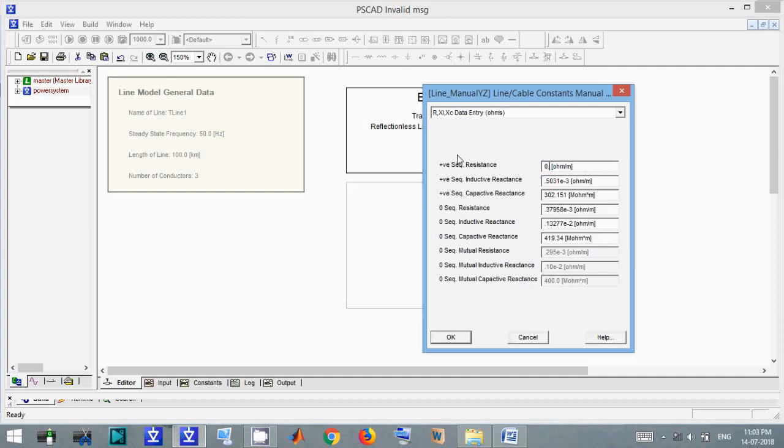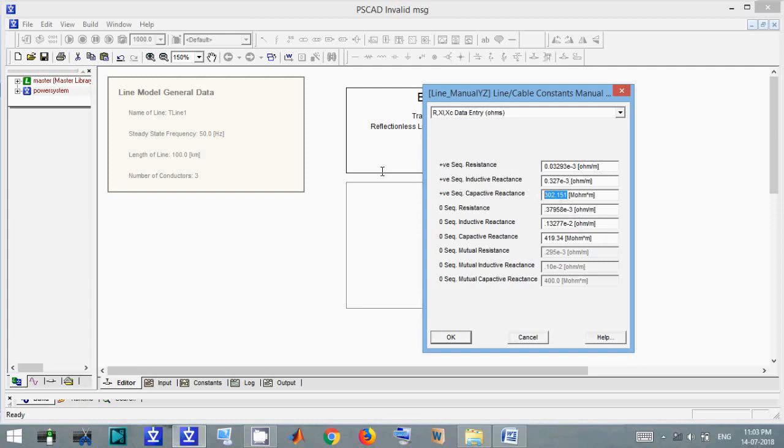This is 0.03293 into 10 to the power minus 3 ohm per meter. This is the positive sequence resistance. This is 0.327 into 10 to the power minus 3 ohm per meter for positive sequence inductive reactance, and capacitive